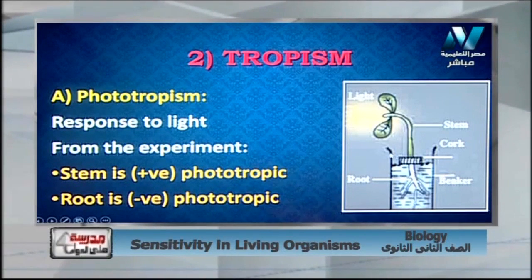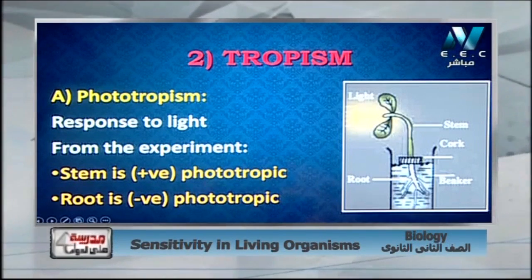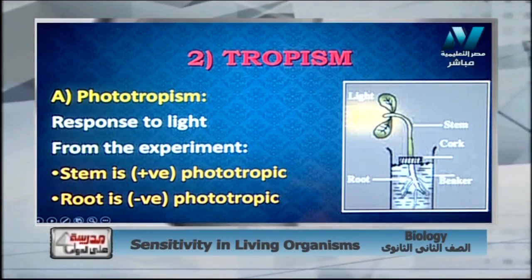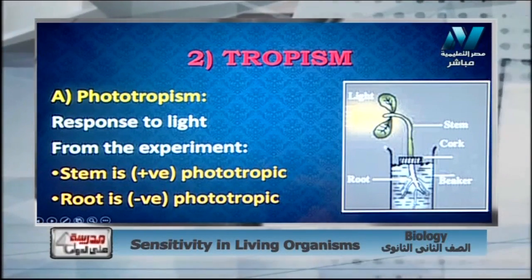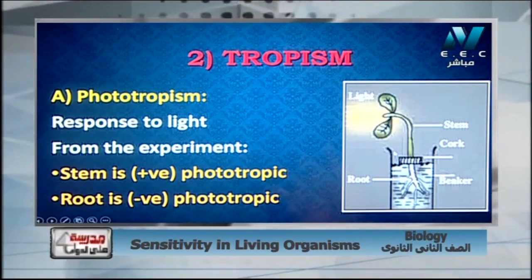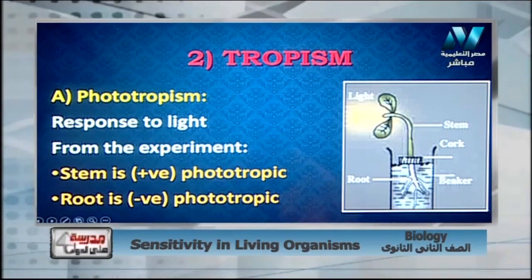It is made of glass and not an opaque substance, because we need to show the effect of light on the root. And we put this plant floating on water in the jar inside a box of wood or cartoon